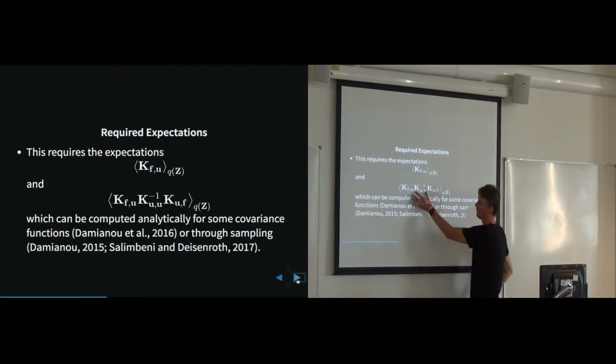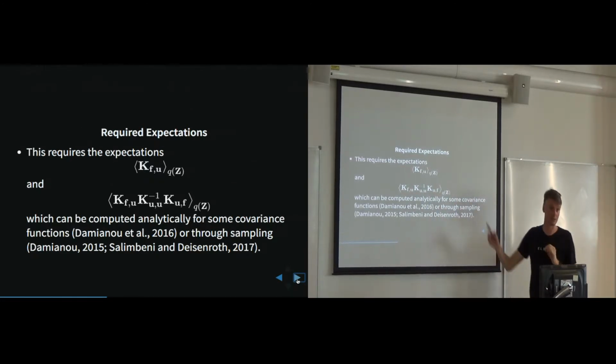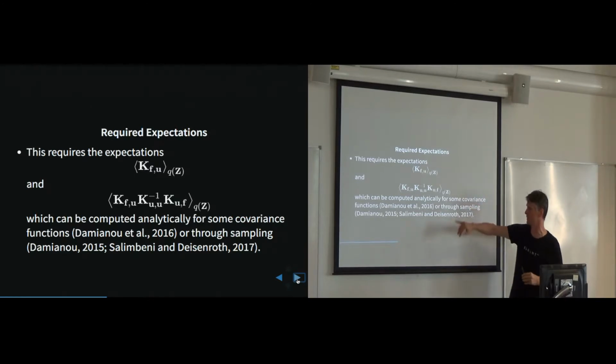Because what's gone on here, and this is the low rank approximation, the rather nice thing that happens is this expectation is tractable because Z does not appear in this inverse. Right? These things don't invert. They're non-linear, but they don't invert. And for certain covariance functions, you can compute these expectations analytically. In other cases, I think it's in Andreas's thesis that you can do it by sampling, but also Hugh